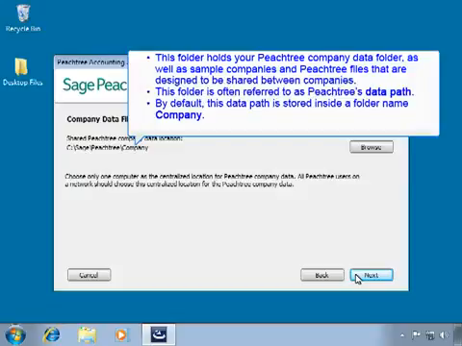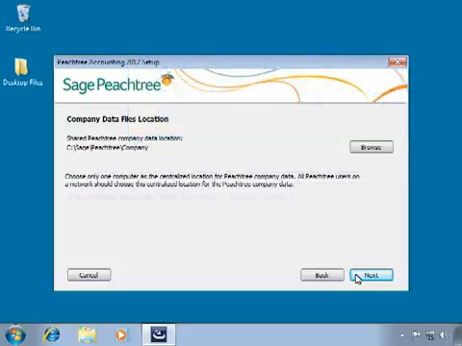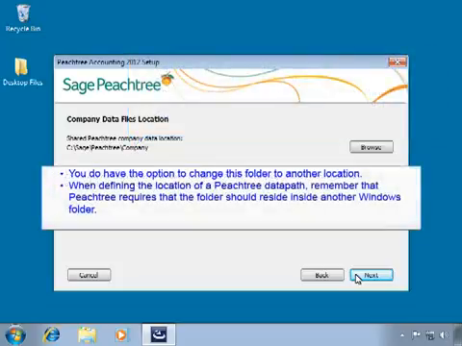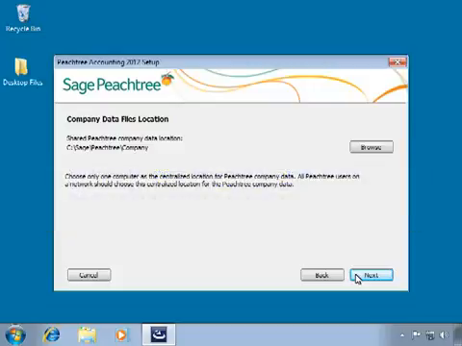This folder is often referred to as Peachtree's data path. By default, this data path is stored inside a folder named Company. You do have the option to change this folder to another location on the computer. However, when defining the location of a Peachtree data path, remember that the folder should be located inside another Windows folder. For example, note that in this demonstration, the data path defaults to